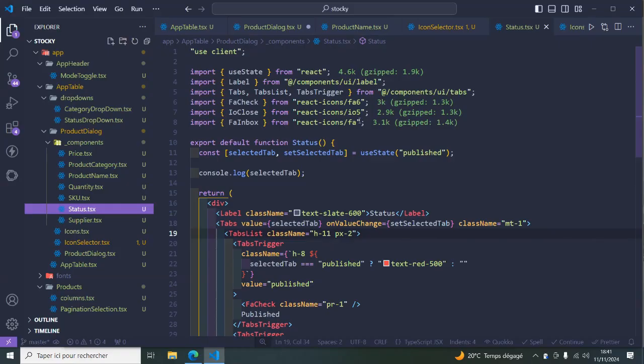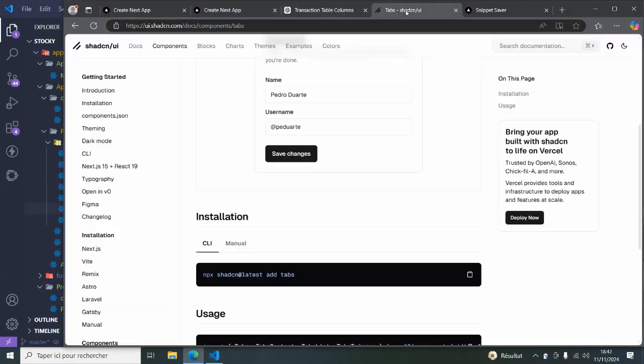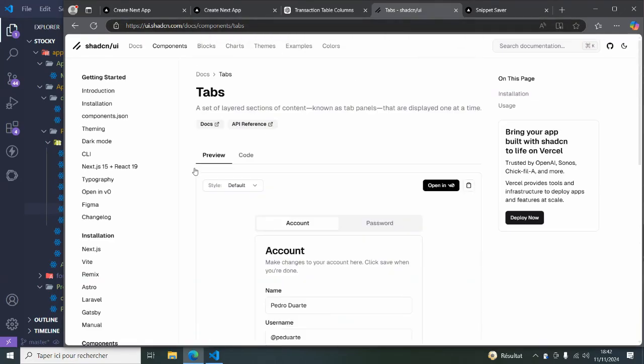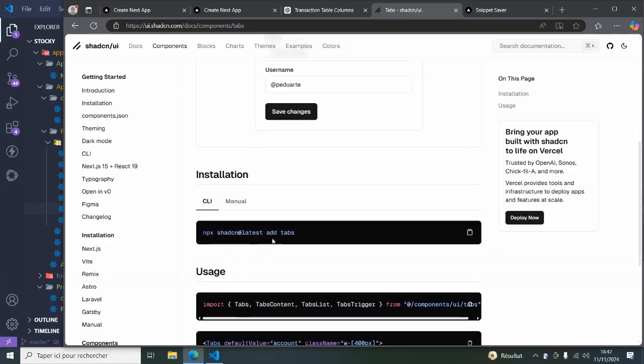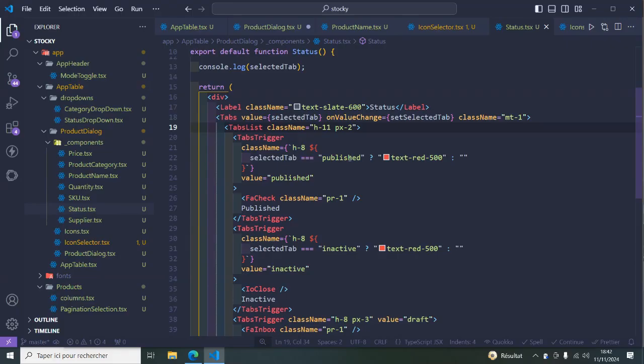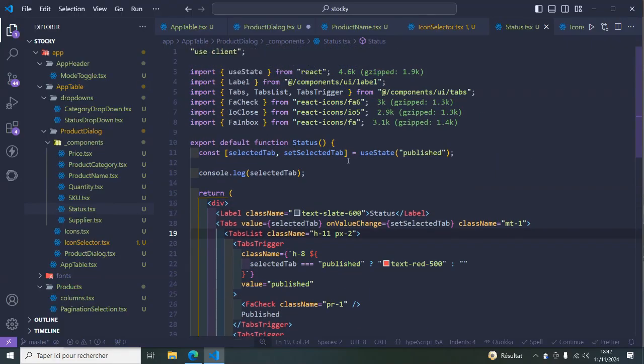So the first thing that you should do, make sure that you've already installed the tabs component from Shadcn. All you have to do is go to Shadcn, go to the tabs, select the tabs component and install it so you can use it. And this is how we used the actual